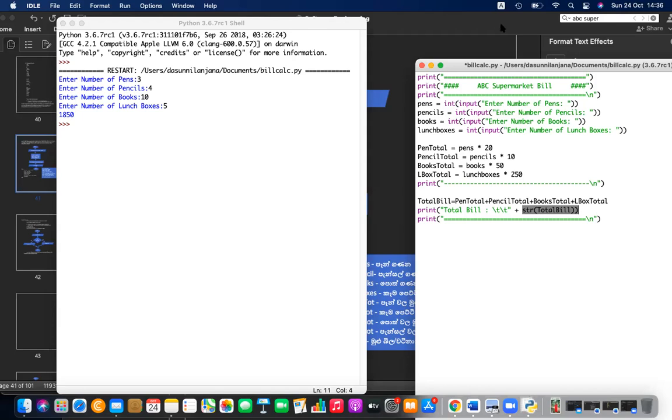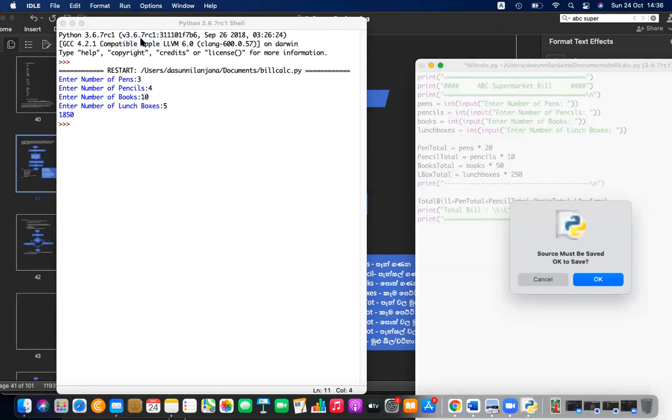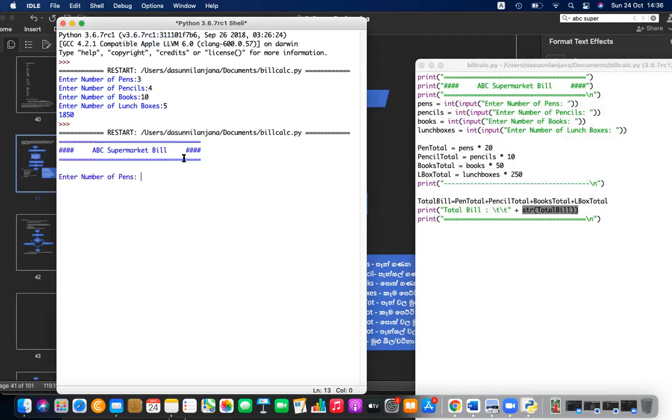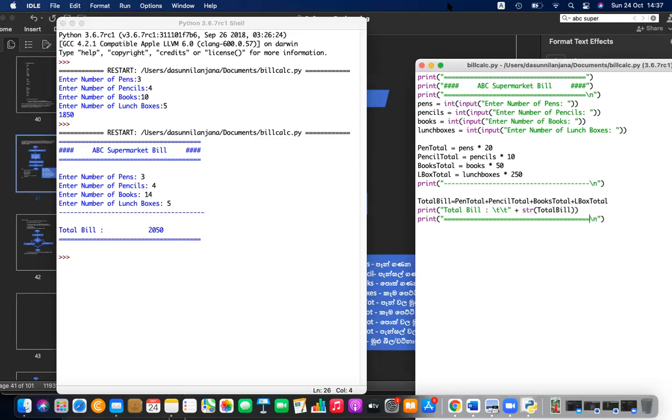Okay, so let's run this. Now the bill looks like a real bill which was generated in Highway or maybe Keells or Cargills. This is how it looks like. Not the same, but some structural changes are like that. You can see the bill is calculated and displayed. Okay, please do this. Quickly do this. Let me know once you're done.